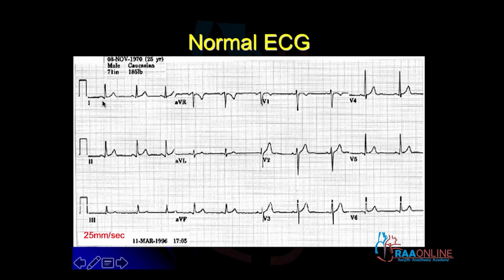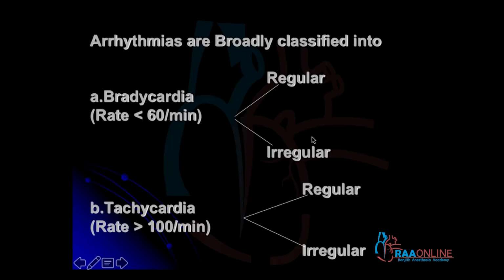Then you measure the PR interval, and this PR interval should be constant throughout the ECG. And if you measure the distance between two adjacent R waves, for example, it is going to be 4 squares. Everywhere it should be 4 squares between two adjacent R waves. Then the heart rate has to be between 60 to 100 per minute. So then only we say this patient is in normal sinus rhythm. So any rhythm which does not satisfy even one of these 6 criteria is arrhythmia.